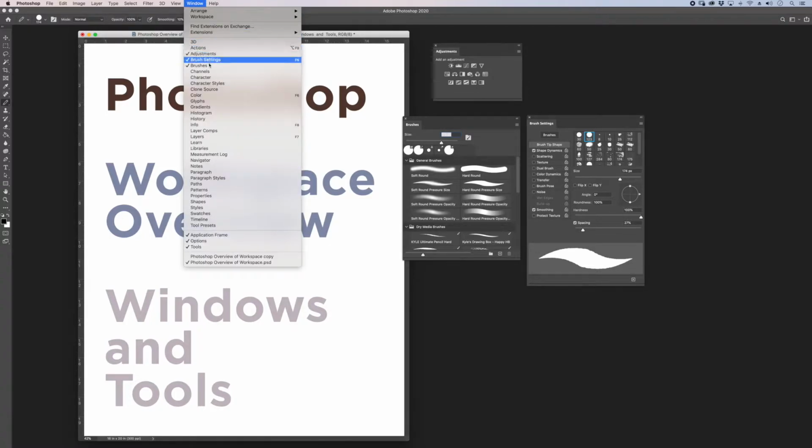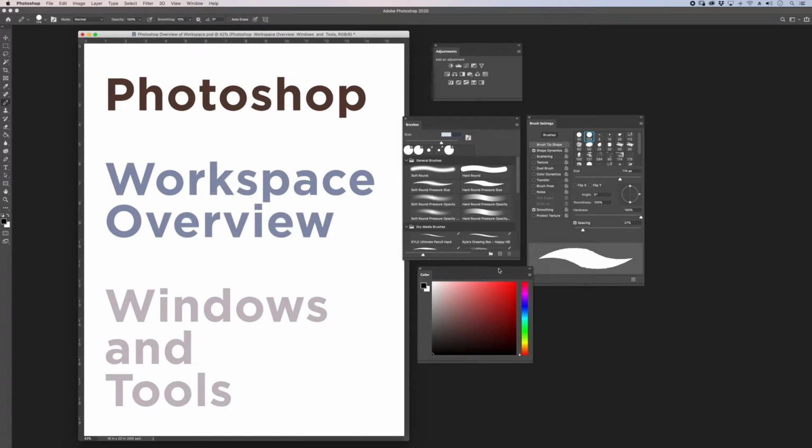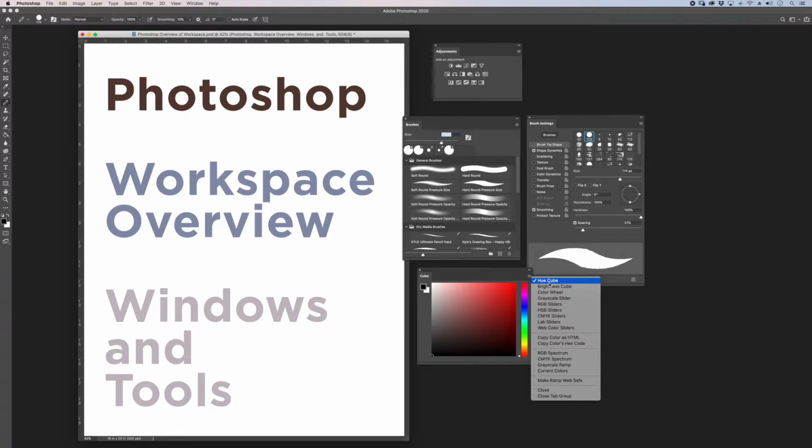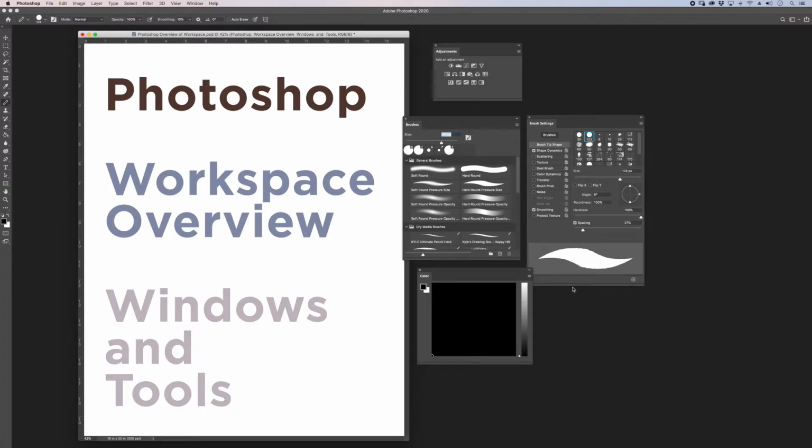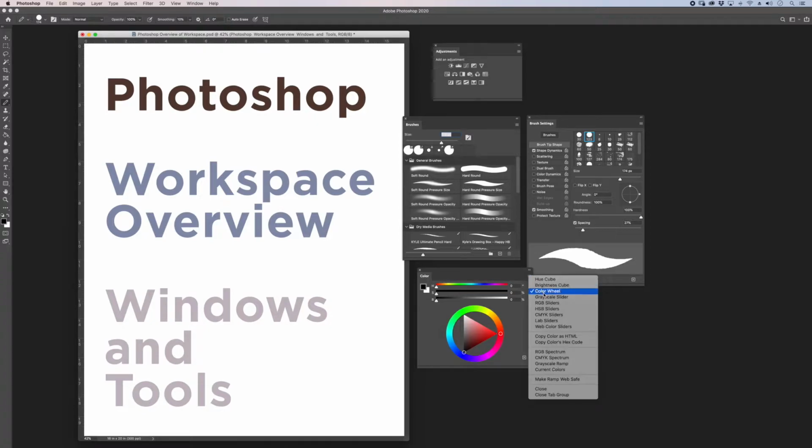We'll also be using the Color window. Think of the Color window as a painter's palette, where they'll mix custom colors to utilize in the creation of an image. There are different color models we can use to mix and create color. For example, most people are used to using the hue cube, but there's also the brightness cube, a color wheel,